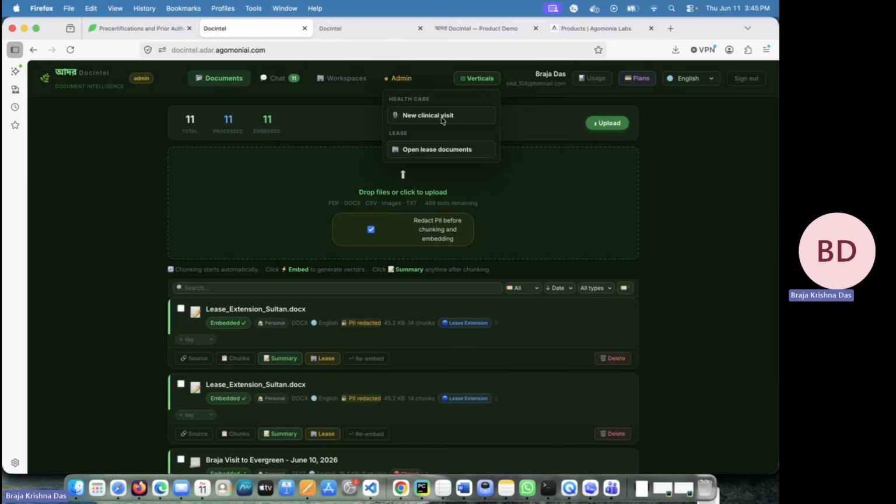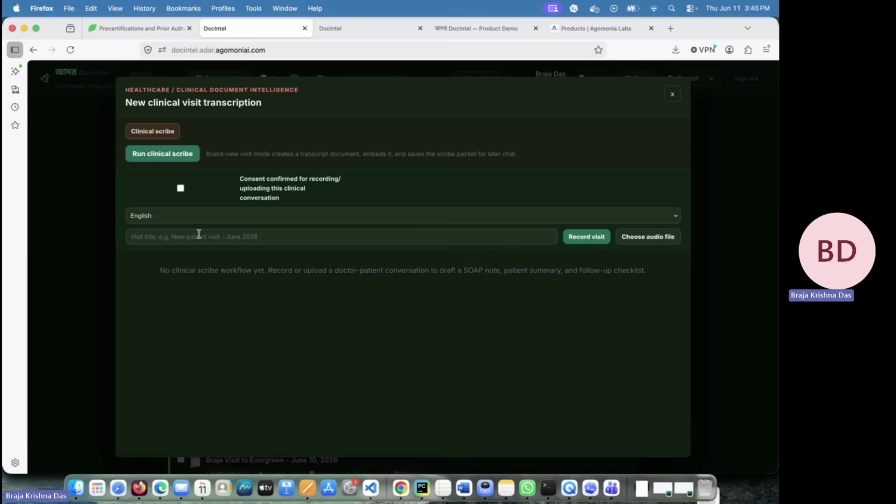When I click on new clinical visits, it takes me to a screen. Before we run a clinical scribe, first we have to get consent. If the practice or the doctor uses this, they have to ensure that there is consent, so we need to click this consent confirm for recording. Then we have to give a document name, because ultimately it is going to get stored into the Google Cloud storage as a transcript, and from